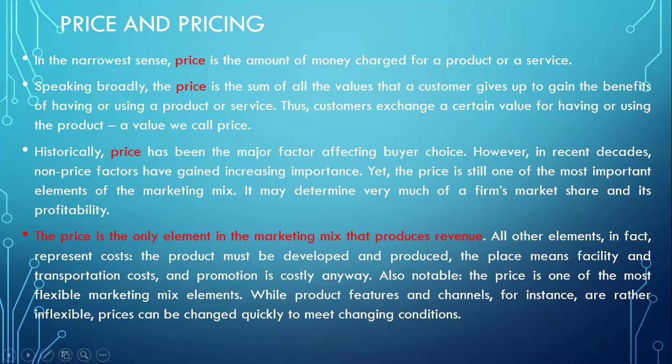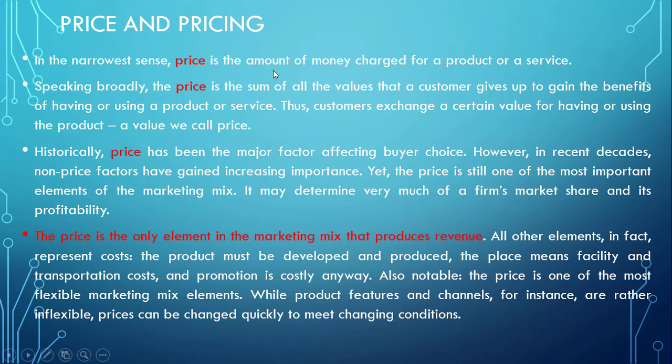The first bullet shows you the narrowest or simplest sense of price, and the second one explains price in a little bit broader terms. In simple terms, price is the amount of money charged for a product or a service, meaning